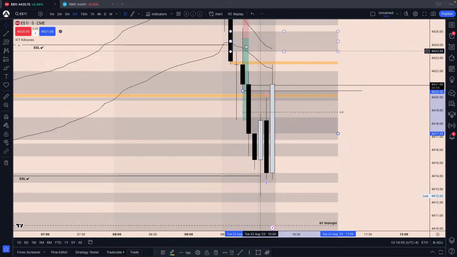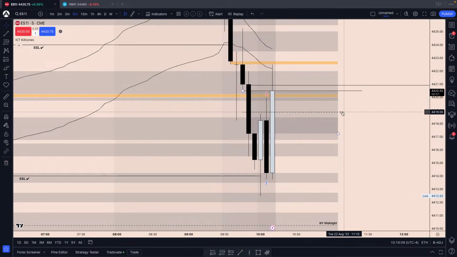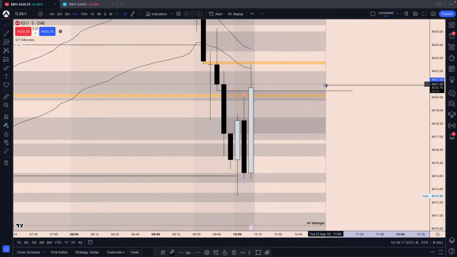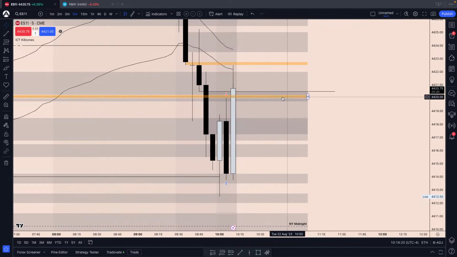Hang on 1 second, get rid of this position. What I would be looking for is if we managed to close, we just retested our 50% equilibrium right here, if you remember, of our daily range. If we can close above 4420.5,